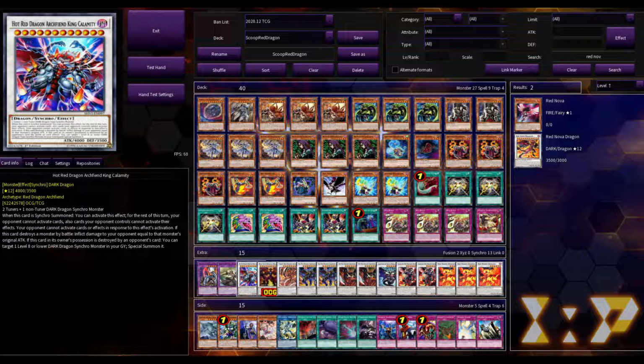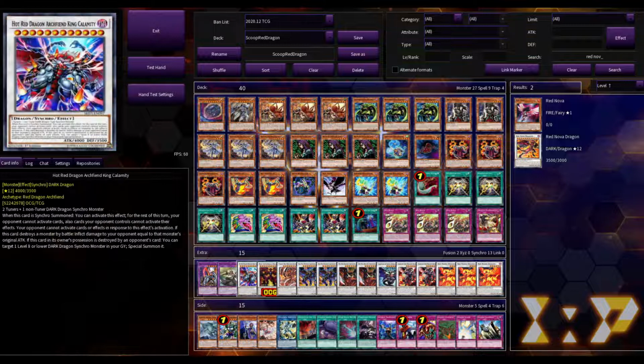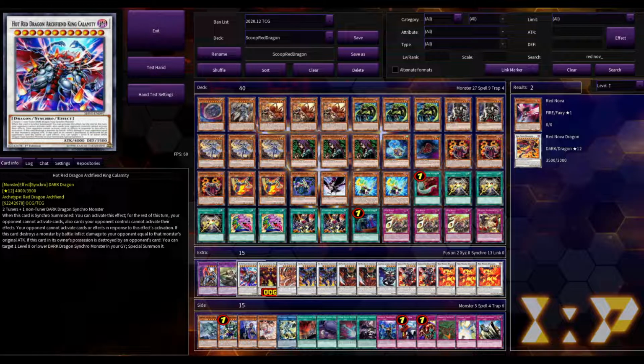When he is synchro summoned, you can activate this effect. For the rest of this turn, your opponent cannot activate cards. Also, cards your opponent controls cannot activate their effects. I don't think I need to reread that or explain to you why that's good, but it's very good, especially if you can synchro summon on your opponent's turn with Halqifibrax plays, as long as you make sure you don't miss timing. But yeah, and even going second, you can make this really easy, and then they can't do anything